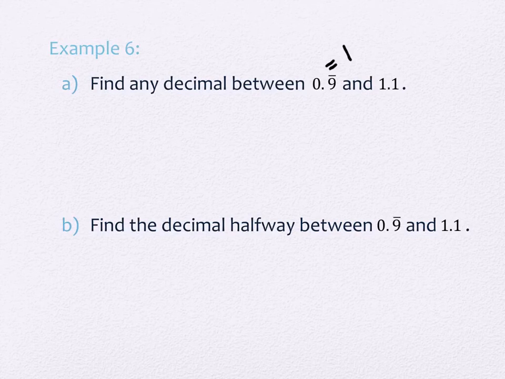Add them and divide by 2. You could definitely add them and divide by 2. And that actually is how we would do part B anyway. That's the exact halfway point. So let's do that for B. And then we can talk about what other possibilities we have for part A. So if we add these and divide by 2,